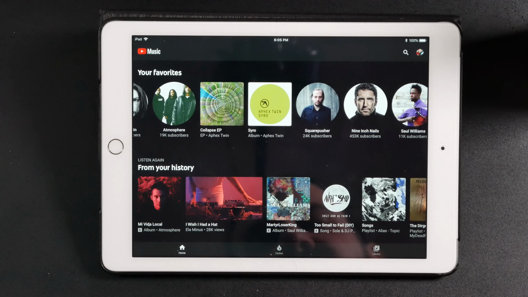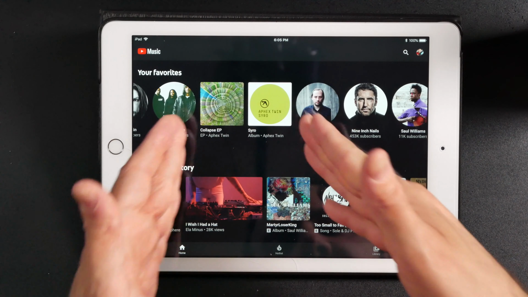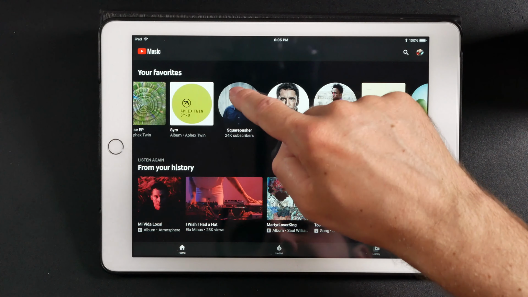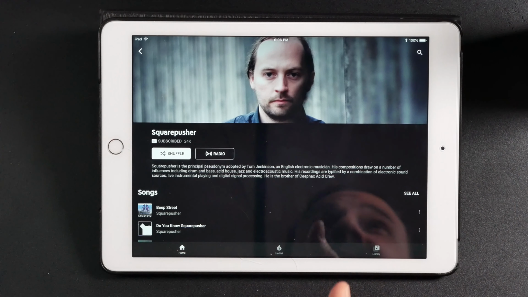All right, and then we got an EP from Aphex Twin. We got another album from Aphex Twin here. Both really good, some of his newer stuff. Squarepusher, another great guy. Again, that same dude that got me into Aphex Twin got me into Squarepusher and a handful of other